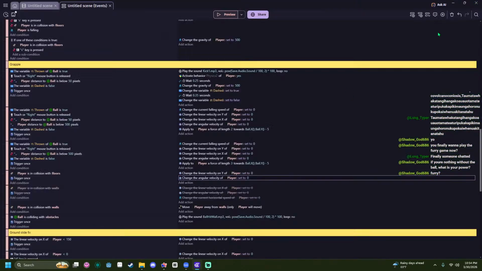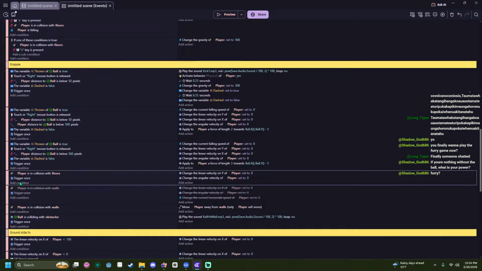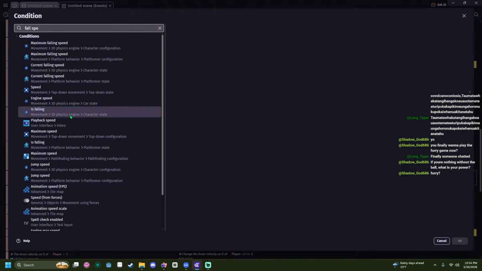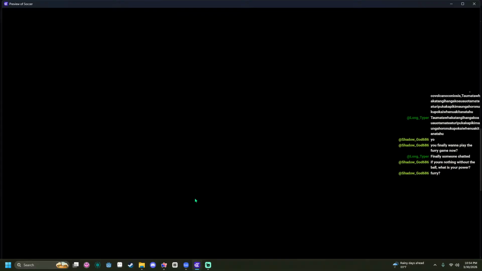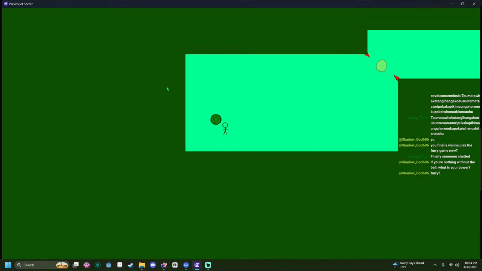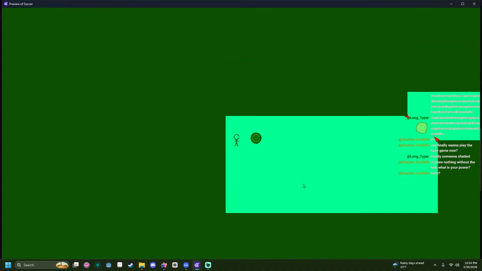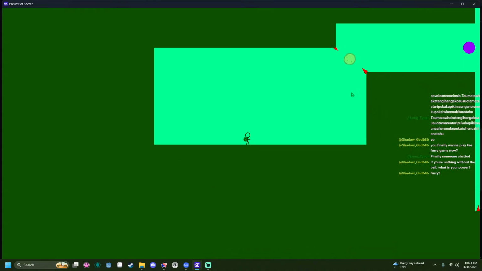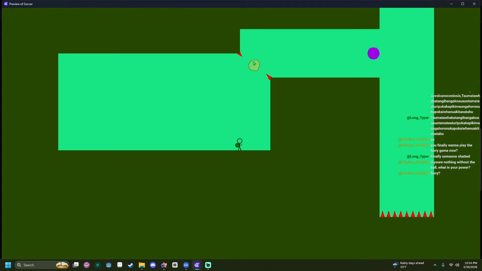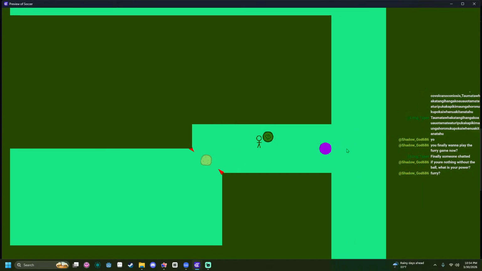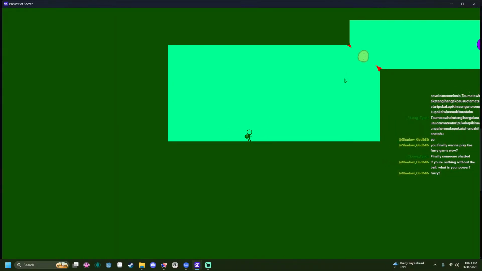Yeah, see we... Current falling speed of player is equal to 0, so we're not moving. Then it will flash that. So now we should be able to... yeah. But when we hit the ground, it shouldn't. Oh, perfect. There we go. Ugh. We have to hold it now. I keep forgetting.